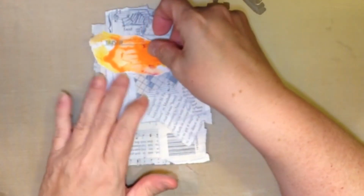I decided I'd like to add some color. I'm not sure if I want to do it, I think I'm going to do it with paint. And then I will come back and revisit the paper. So, for these colors, I would like to use...